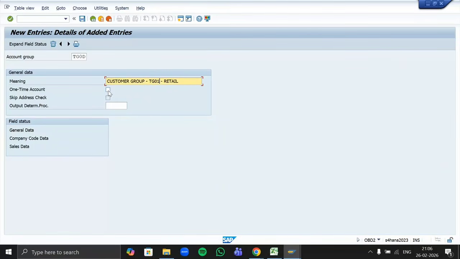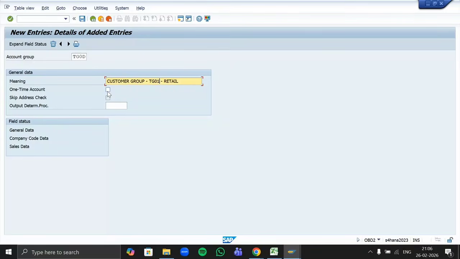Yes, so a one-time account is when your company does business with that particular customer only once, and we are not going to sell any product to that customer in future. For that kind of customers, we select a one-time account. We don't want to create a separate master record; we tell our system that it is only a one-time account, so we are not maintaining their master data.